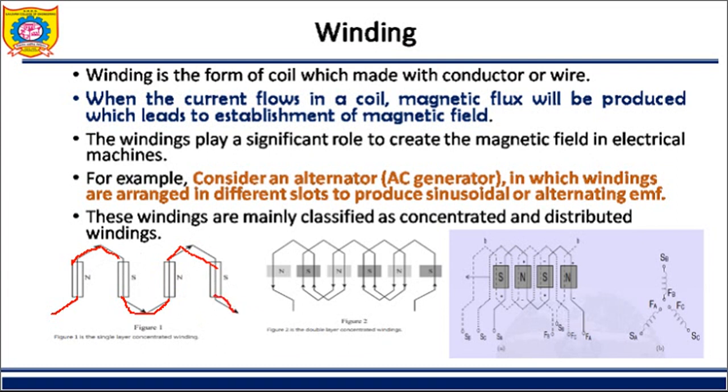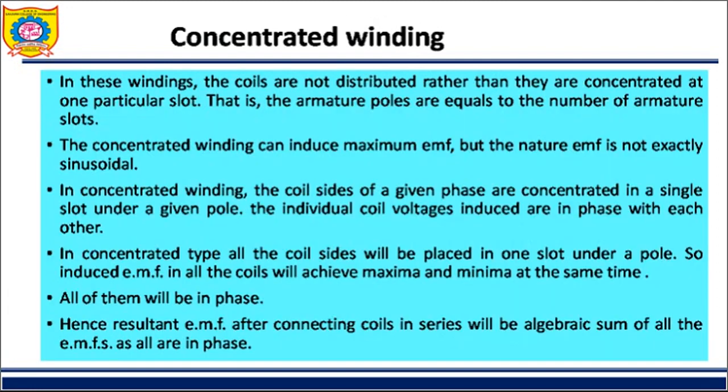So winding has wave as well as lap winding. Here you can see this winding starts from here and goes there, then again comes to this point, goes ahead and again moves and goes back and creates the loop here. See here, it creates the coil. So this is called a lap type of winding. So we can go ahead with this.